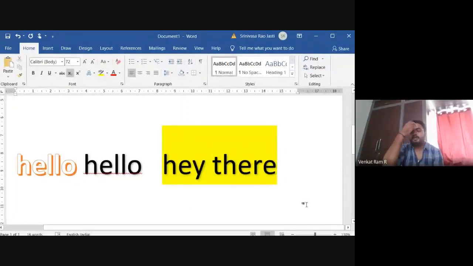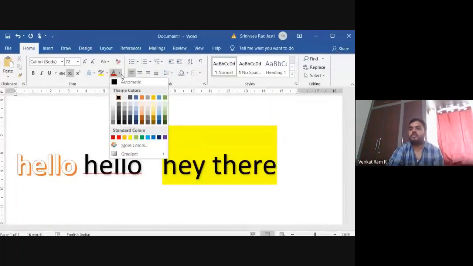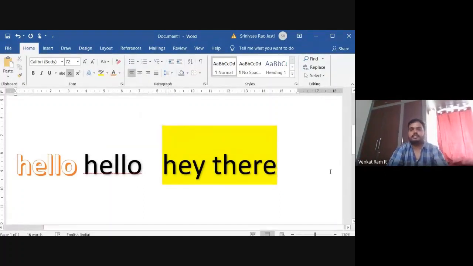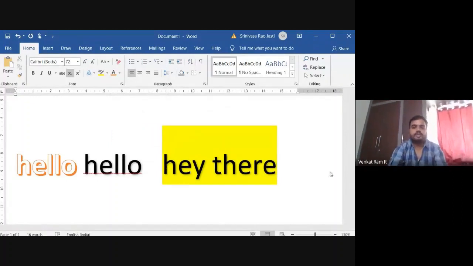For this purpose also we can use it. And next, this is font color. If you want a color other than black, then you can go through this. Just select the color and use it.